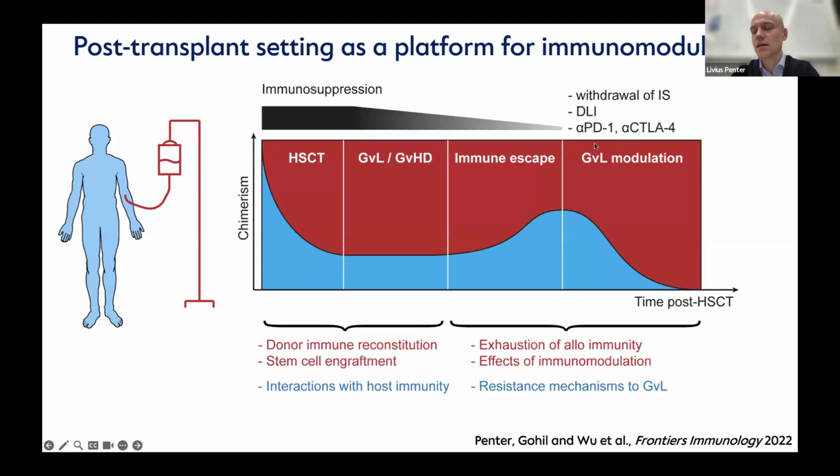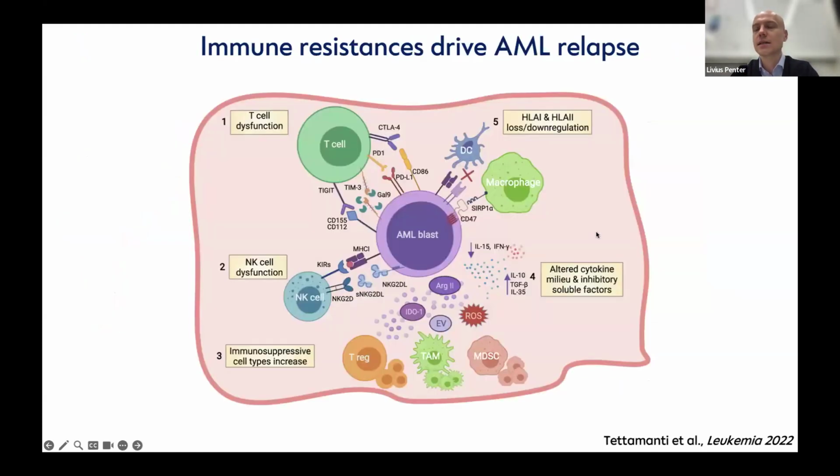And then the question is, are there ways to reinstate leukemia control? And this is what we call GVL modulation, so graft versus leukemia modulation, where we try to reinstate leukemia control. And this is something that's quite complex because leukemias have a lot of ways to escape donor immunity. And here you can see a few mechanisms that have been described, and I just want to focus on